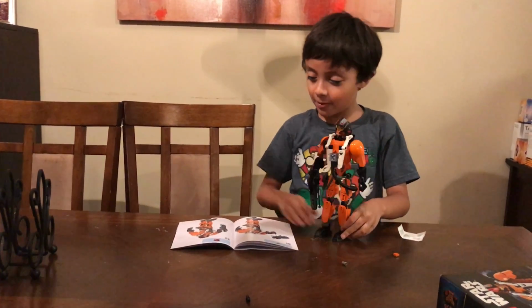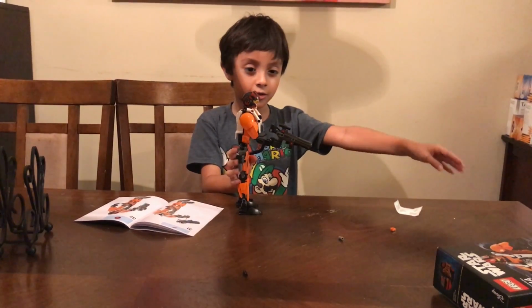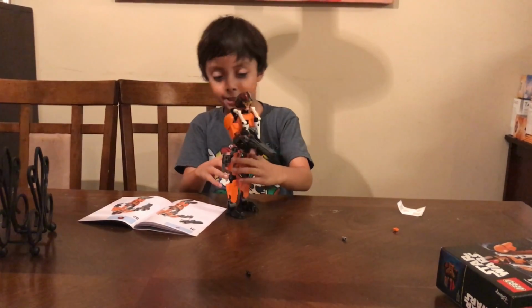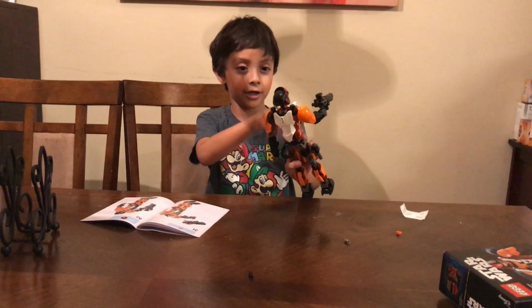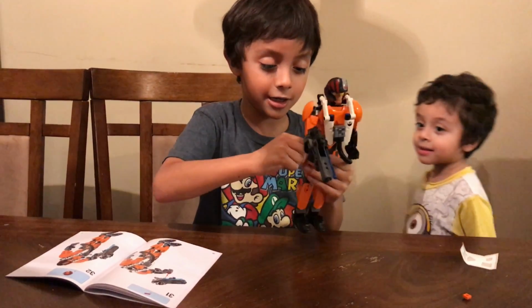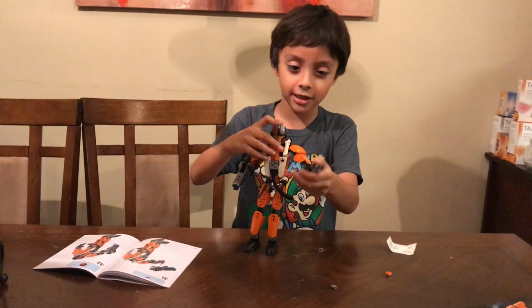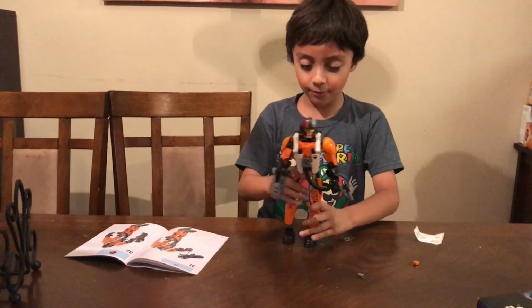Okay guys, here's the Poe Dameron set. So let me show you some parts. And then it'll shoot, and then I guess it has like some sort of little thing to breathe, I guess when he's in space. Little gun right here that you can take out and put on his arm. Okay, so I guess this is like a little taser, and it shoots, and it's very playable. You can move its